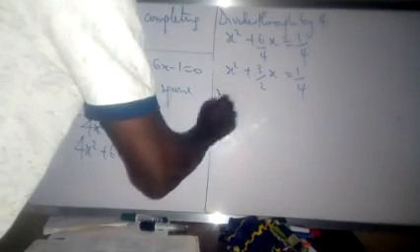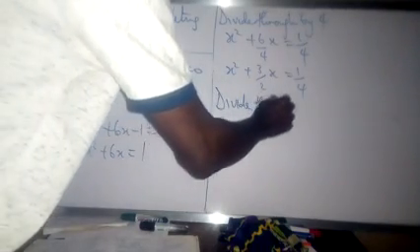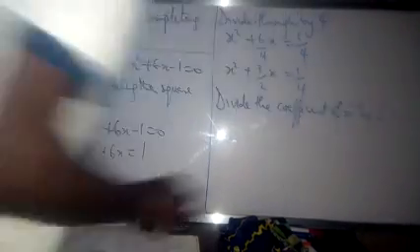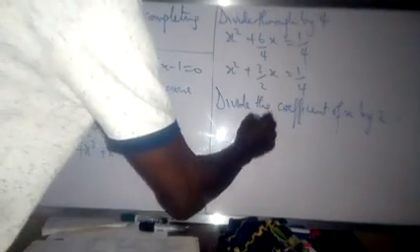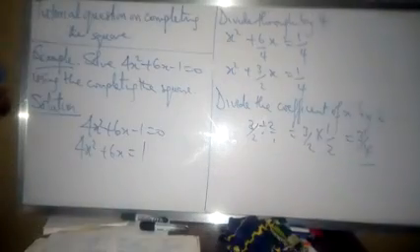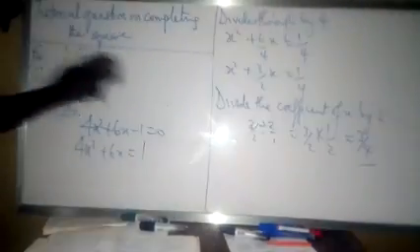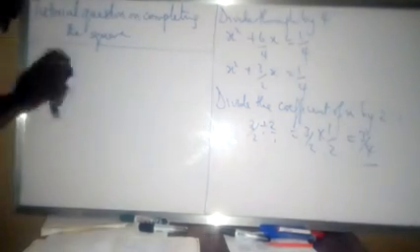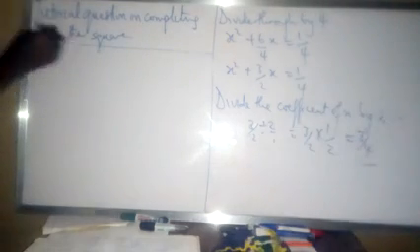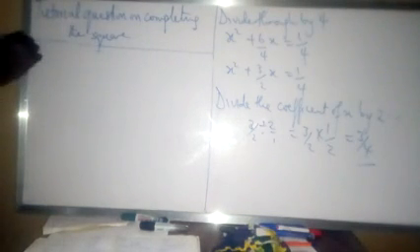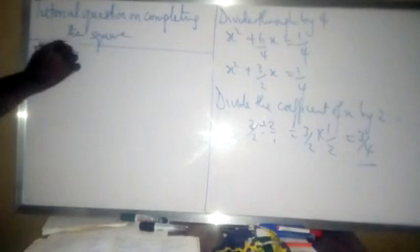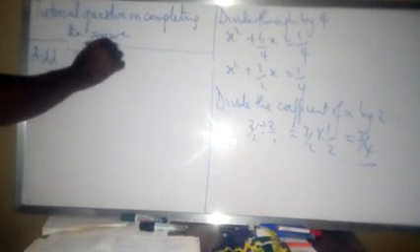Now divide the coefficient of x by 2. So we have 3 over 2 divided by 2 over 1, which is 3 over 2 multiplied by 1 over 2. And that will give us 3 over 4. Good. Now, the next thing is we find the square of 3 over 4. What is the square of 3 over 4? The square of 3 over 4 is (3 over 4) squared. So add 3 over 4 squared to both sides